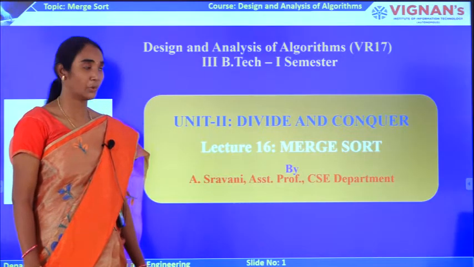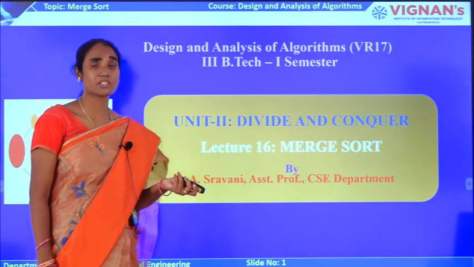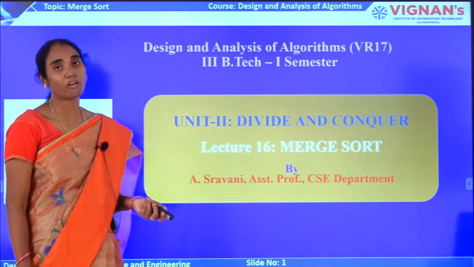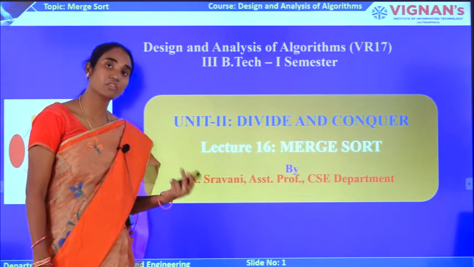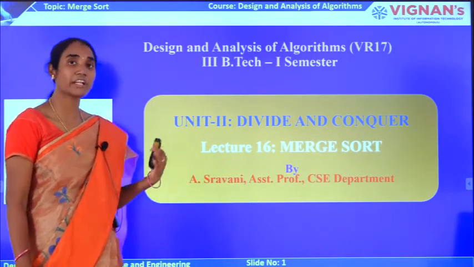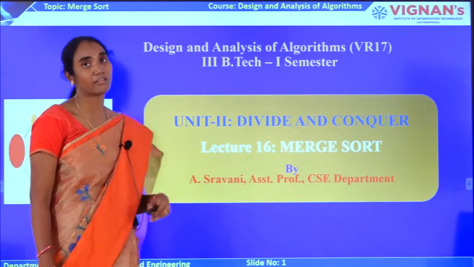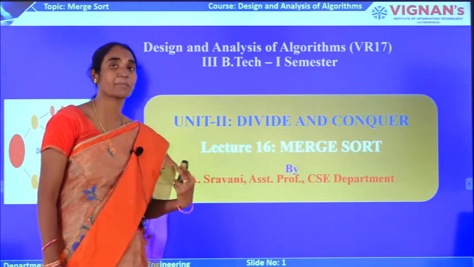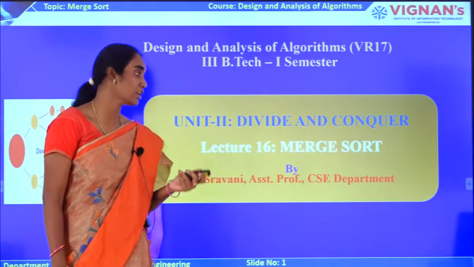Sorting under unit 2. So generally, what is meant by sorting? Sorting is a procedure of arranging the elements either in ascending order or descending order. Now, merge sort. As you already covered merge sort as part of the data structures course, we are again covering it under divide and conquer. We will see how the divide and conquer strategy is applied on merge sort, and also the analysis part of it, right?